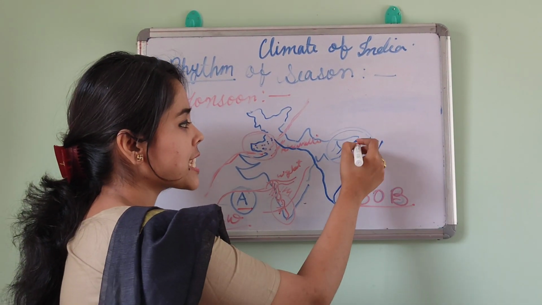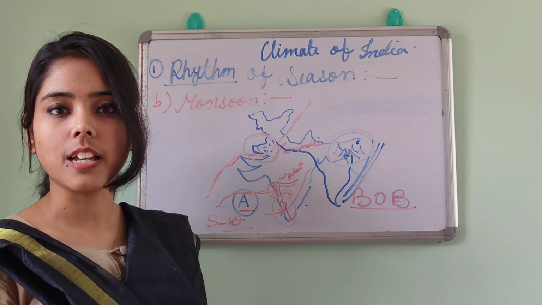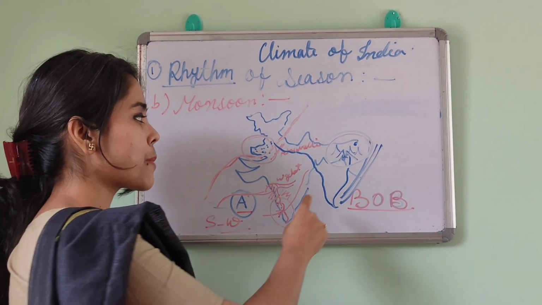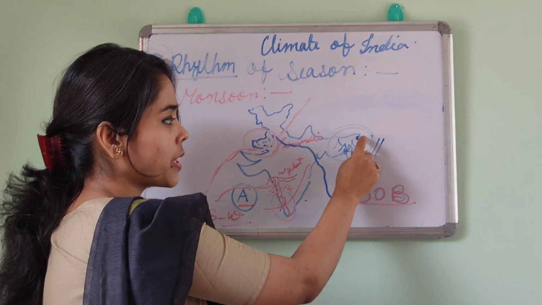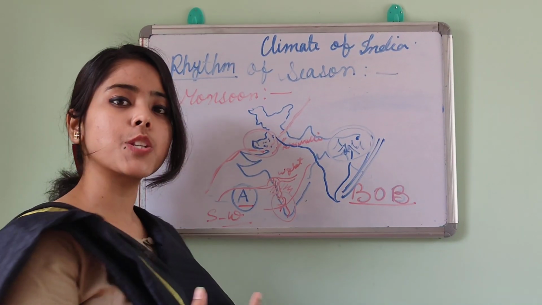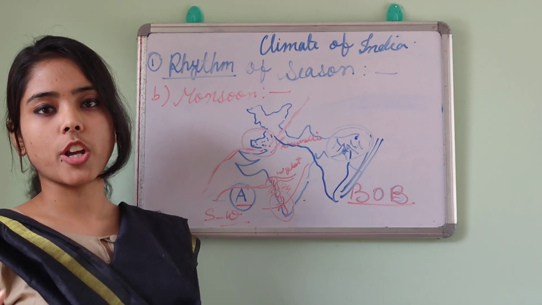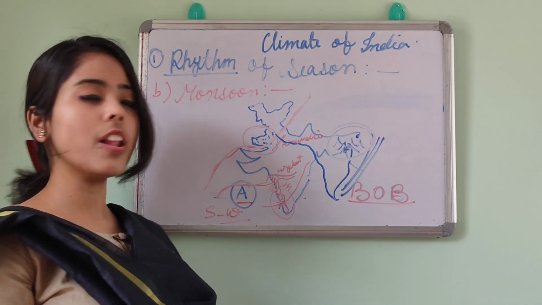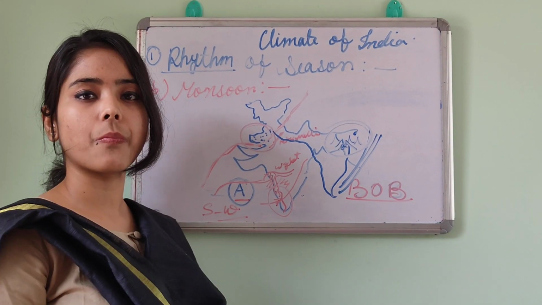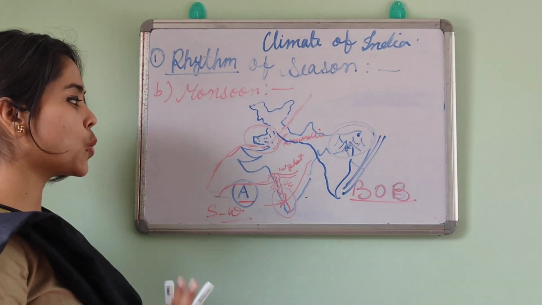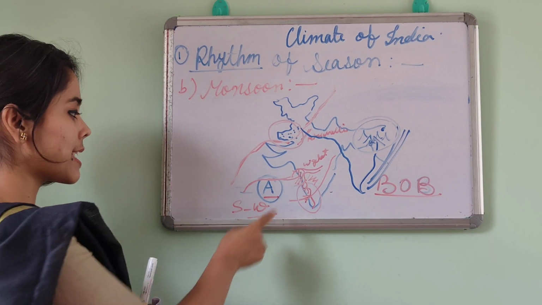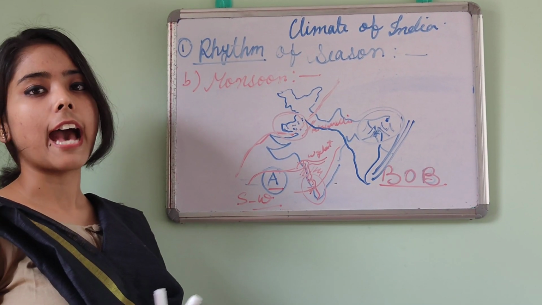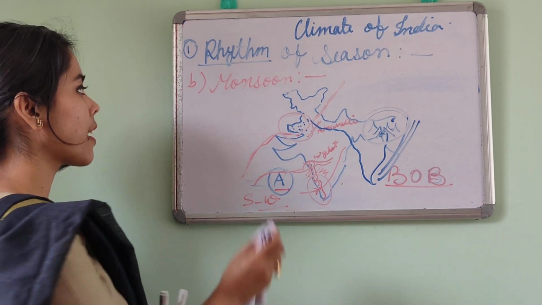But on the opposite side here, Shillong is located. And Shillong is located on the leeward side. That means when this branch goes that side, to Shillong, it will already have lost its moisture and it will not cause that much rainfall over Shillong. So these are the two basic branches. One is the Arabian branch, another one is the Bay of Bengal branch. I think you all have understood.